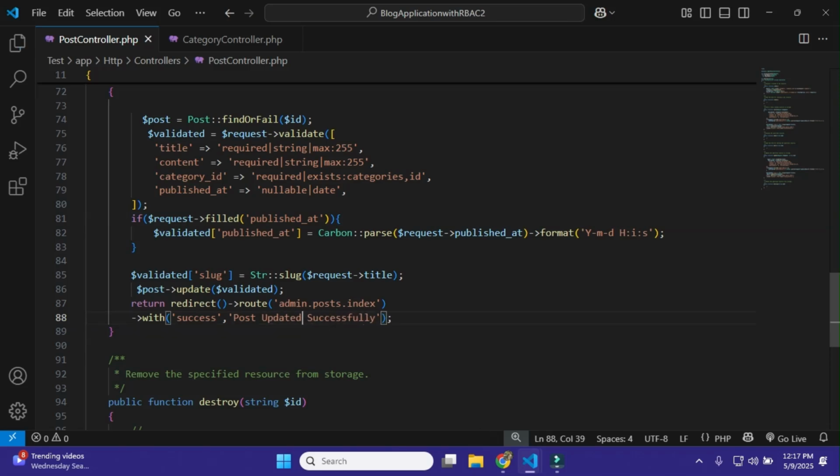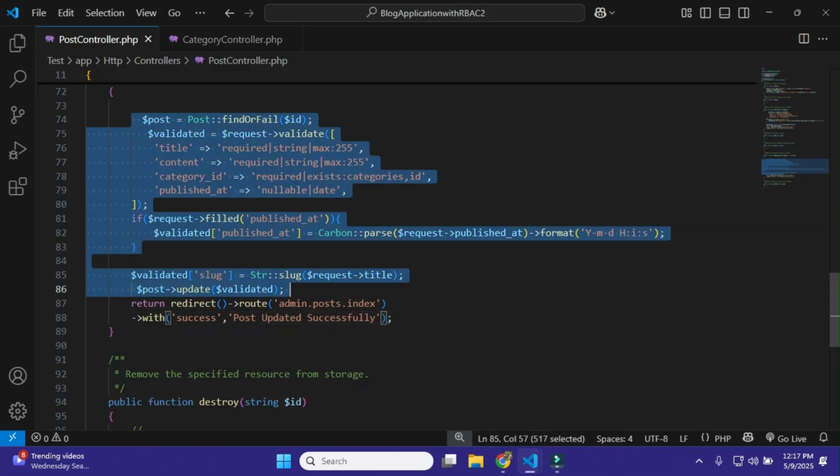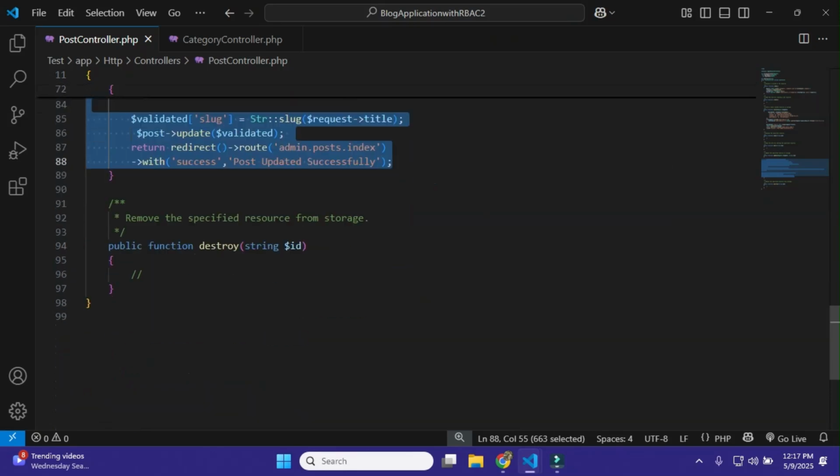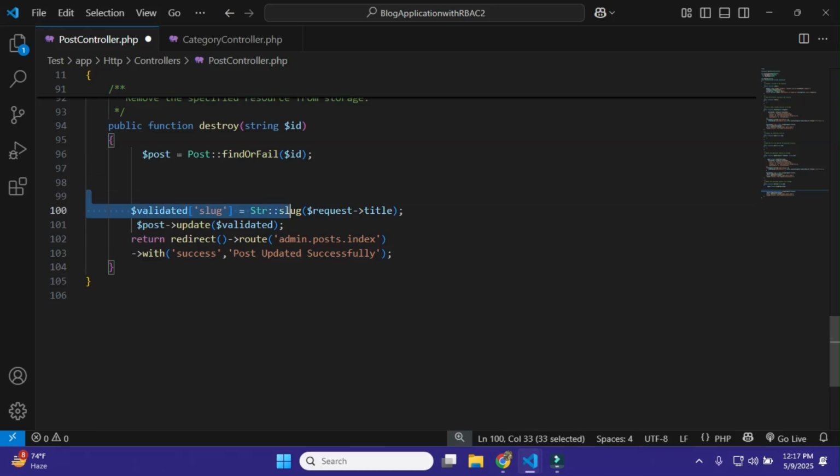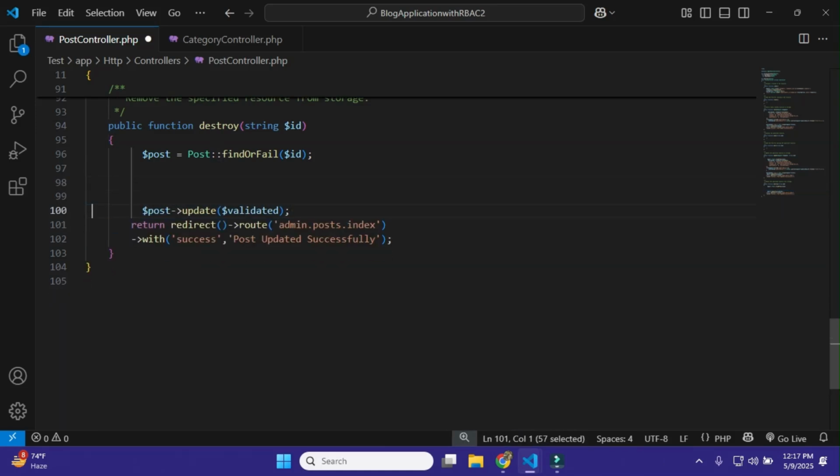Okay, that's it. And now I'll simply copy this again and paste this here, and this time we don't need to validate it, so remove it, remove this also, and here just $post->delete. Okay, that's it. We simply need this and admin.post.index and make here "Post deleted successfully". Okay, so we simply need to do this, and